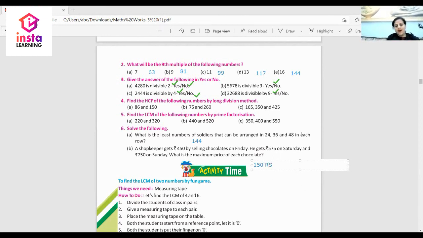Got it? Now we have done all the exercises of 4.5 and we have done the practice session also. Hope you will love to do that. Factors and multiples are a very important part of our maths. So do it